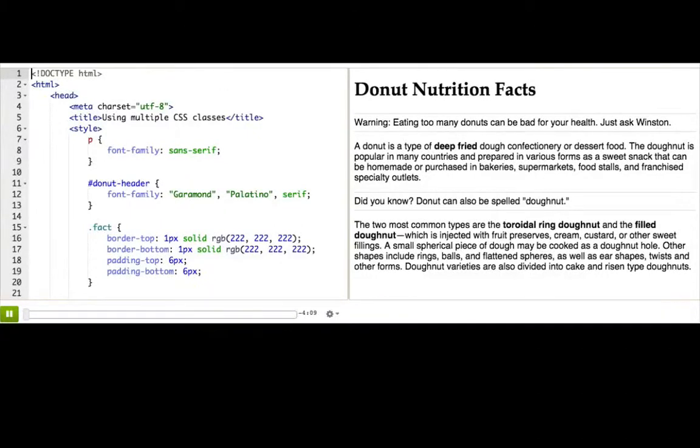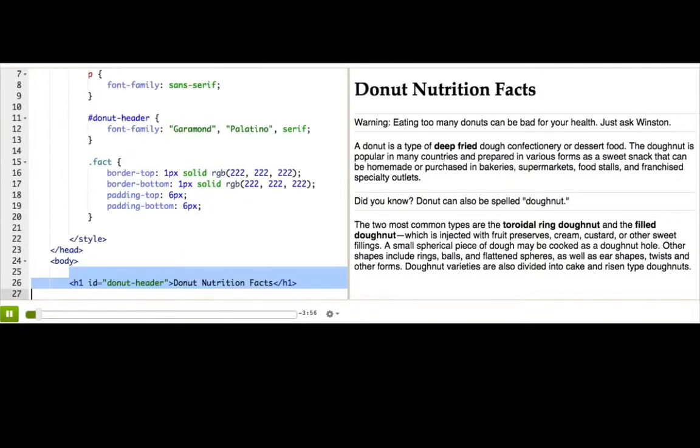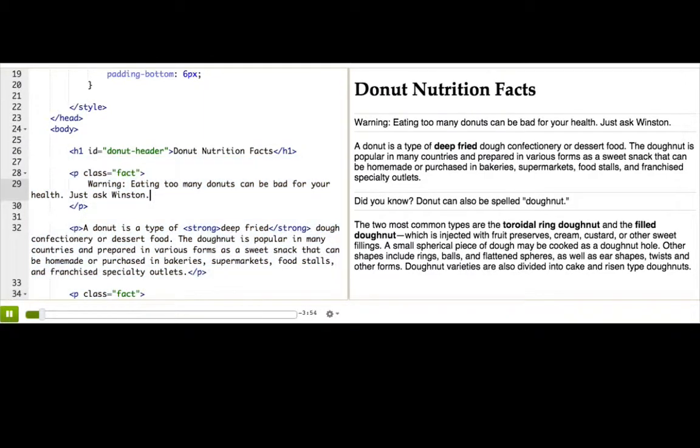We've managed to do a lot so far with the selectors that we've seen in CSS, selecting elements by tag name, by ID, and by class name. Let's review those for a second in this web page. This web page is all about donuts, and it has a heading, paragraphs, and some of the paragraphs are short